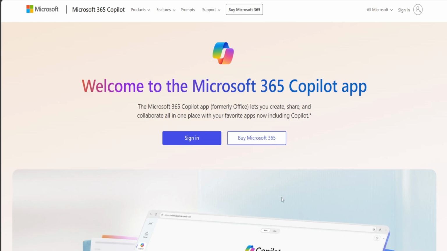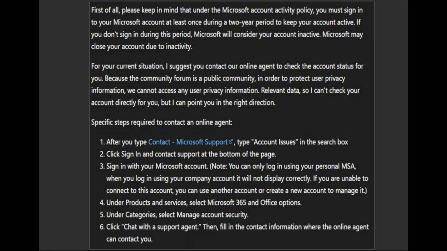But other than that, if you are really sure you have an account for that, you're going to have to keep in mind that under Microsoft's account activity policy, you must sign into your Microsoft account at least once during a 2-year period to keep your account active. If you don't sign in during this period, Microsoft will consider your account inactive and may close your account due to inactivity. So it's suggested you contact their online agent to check the account status for you, since the